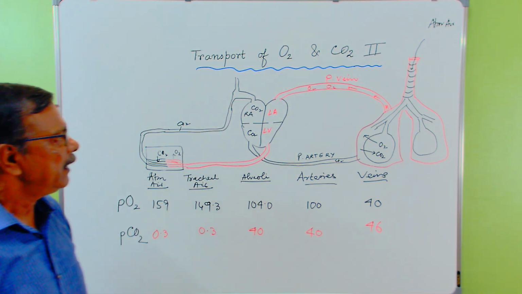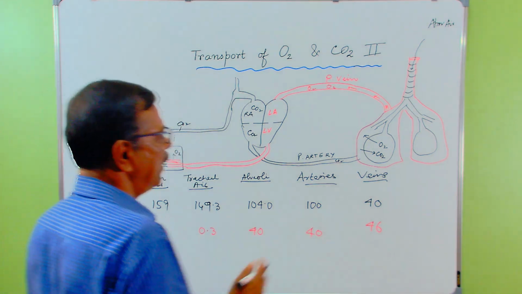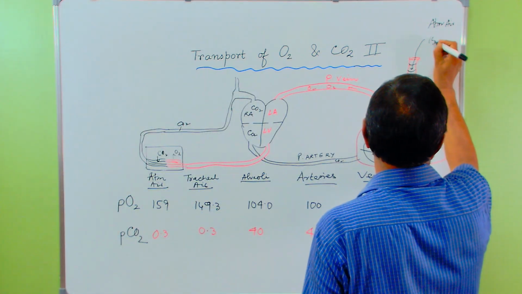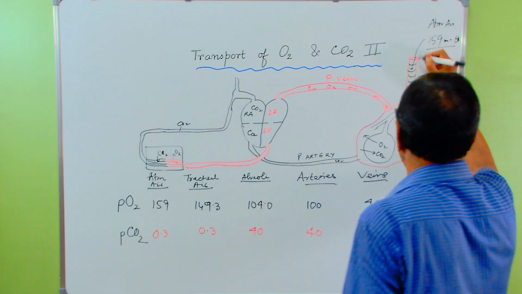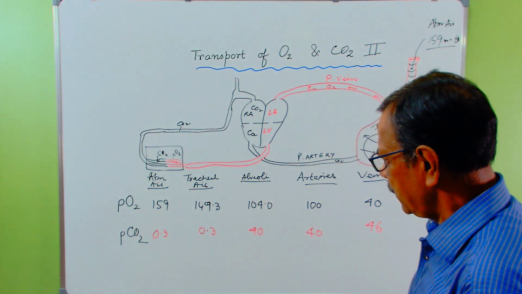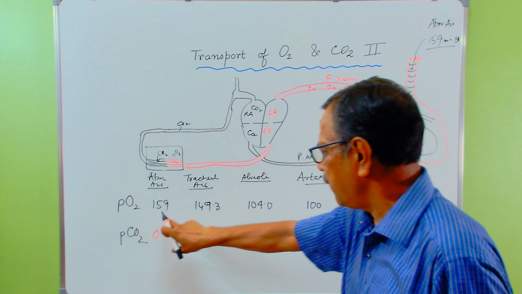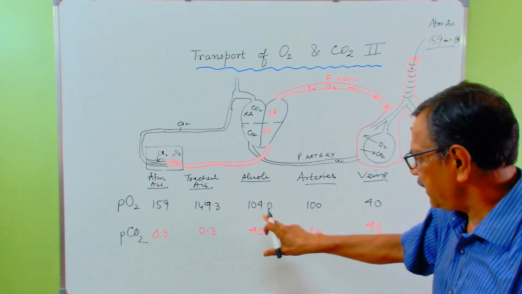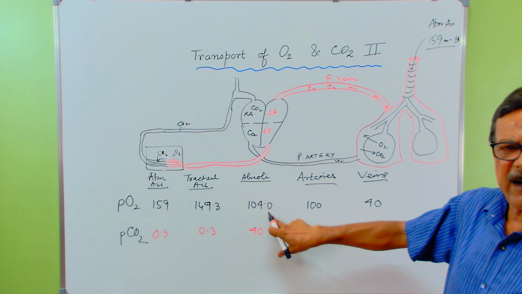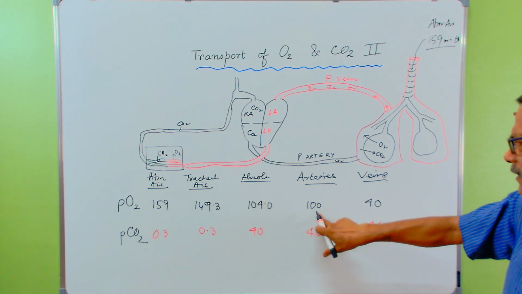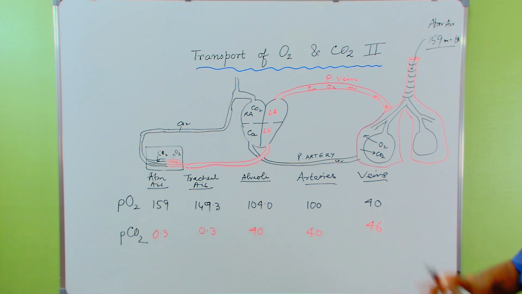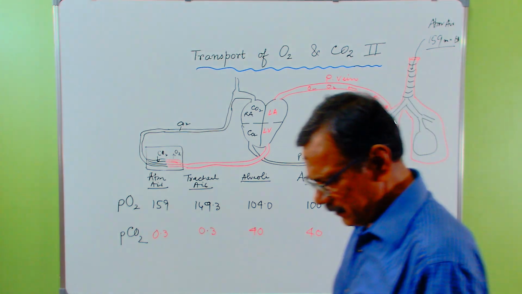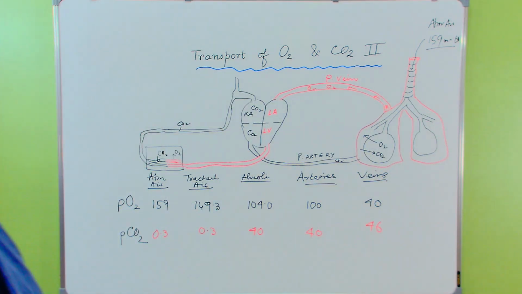Now, in the atmospheric air, it is 159 millimeter of mercury. When it reaches trachea, you see this is coming down. And further in alveoli, it is further coming down to 100 or 104. Again, it is further coming down, and hence it will definitely come down. Now, how is this happening? Number one point, during inspiration, whenever we inspire,